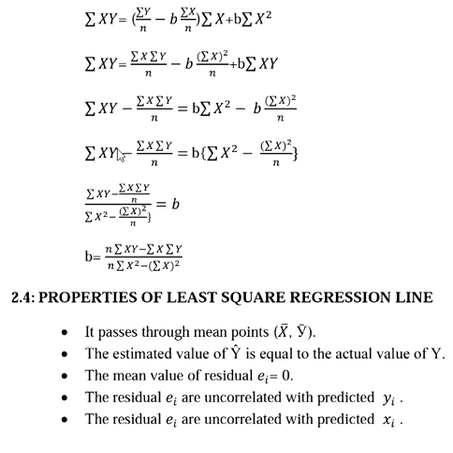Okay, and now in the next step, summation xy minus summation x into summation y over n plus, as you can see that both of these terms have b, so we will take b as common. When we take b from here as common, the remaining term is summation x square, and when we take b from here as common, the remaining term is summation x whole square over n. Okay, so now as we are interested in finding the value of b, this whole term is multiplying with b.